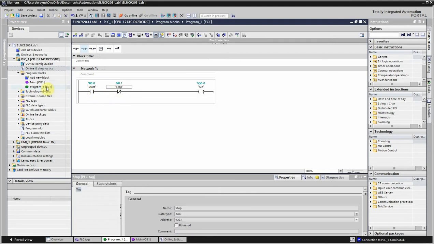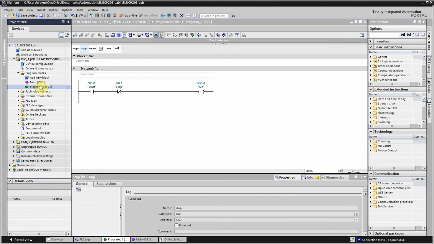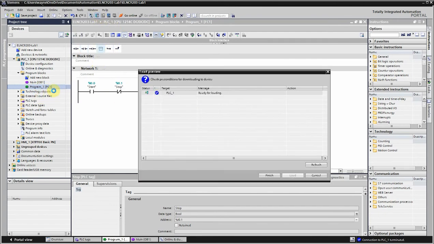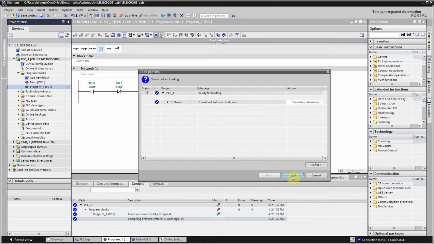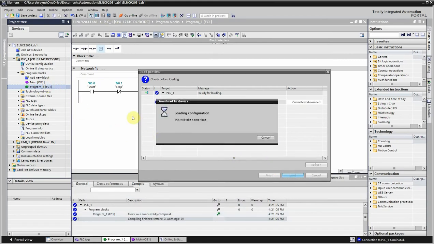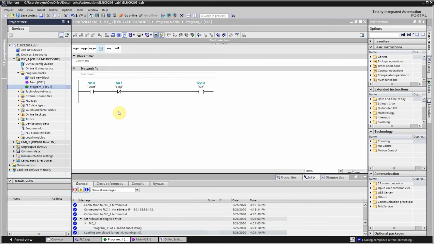Okay, very simple. If I click on program 1, FC1, press download, it will only download that particular block. So depending on how large your program is, this could make your downloads a lot faster. I'm going to go online